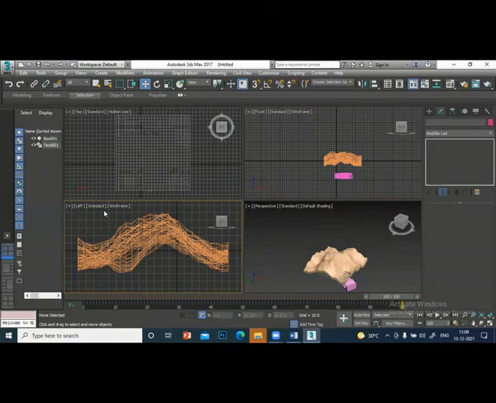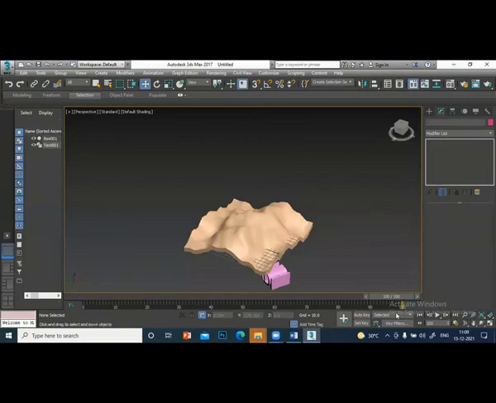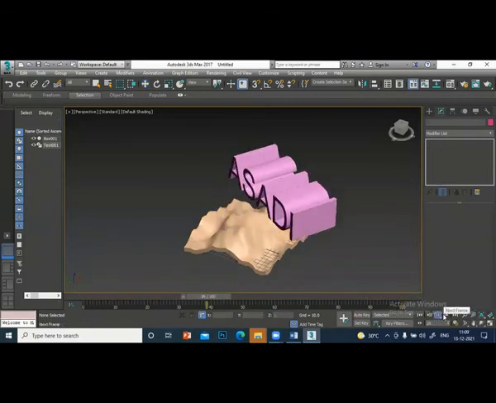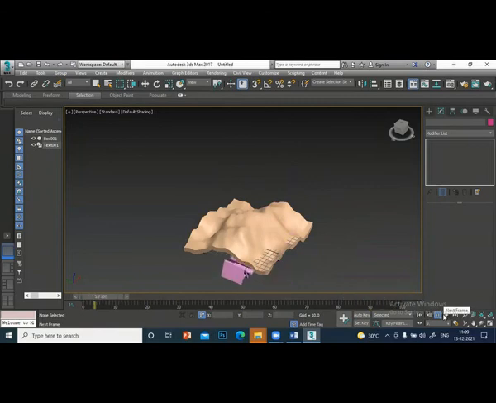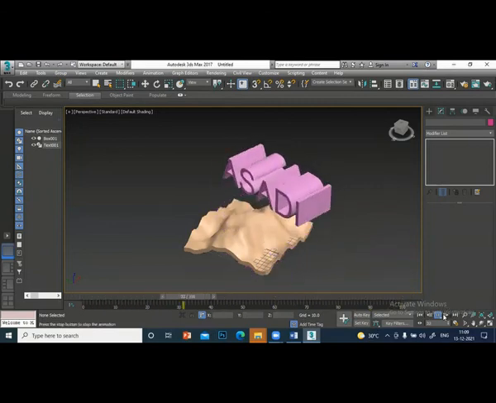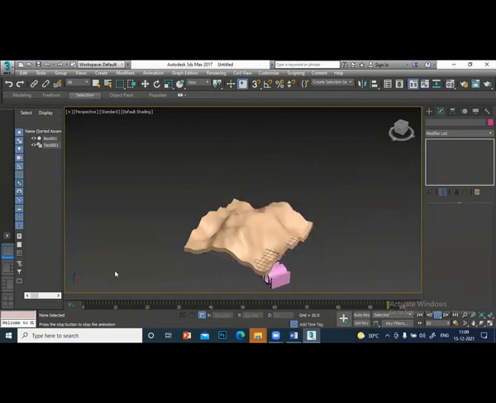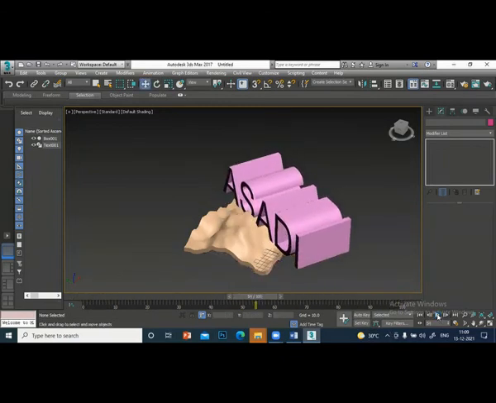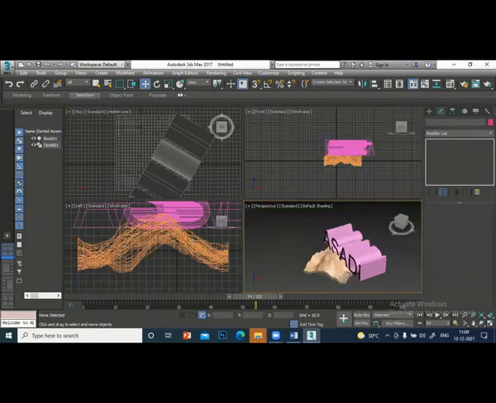Now I'll maximize my perspective view. Maximize. Play the animation. That's how you do the animation. Okay, let me do some more things. Minimize,